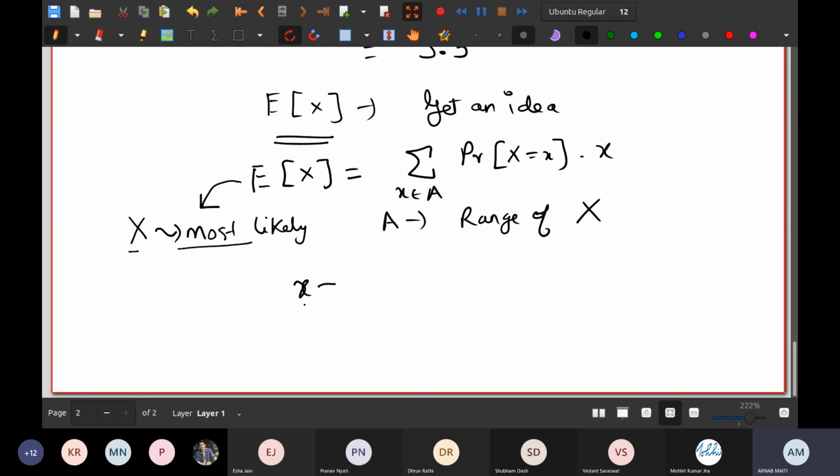Expectation is just the average, right? It's just a weighted average. You can say average is sum divided by n, so if we write it as x into 1 by n and sum it, 1 by n is like the probability of this element in some sense. It is the average only when you assume every event to be equally likely. If the probability differs for 1, 2, 3, then it won't be the average, but you can consider it in some sense to be a weighted average.